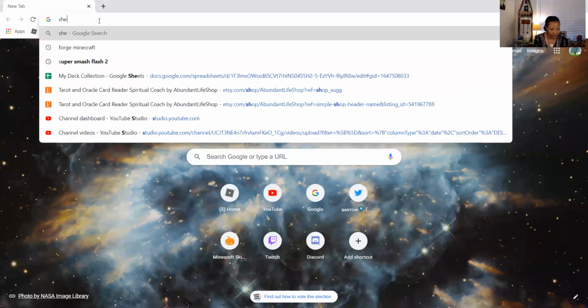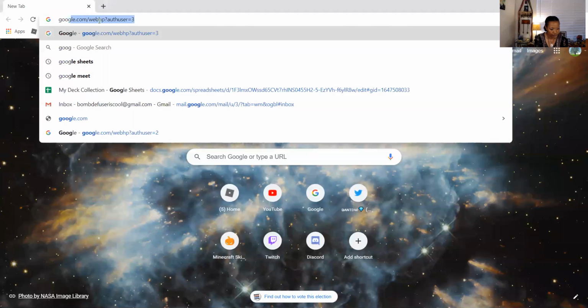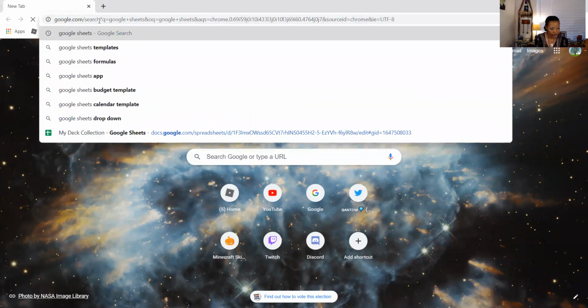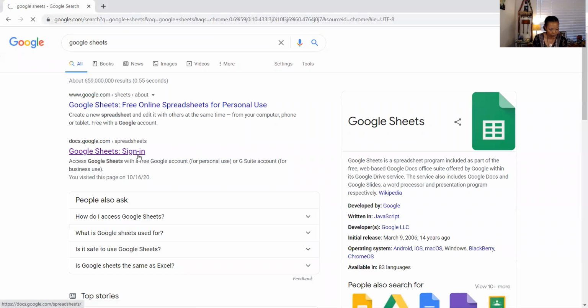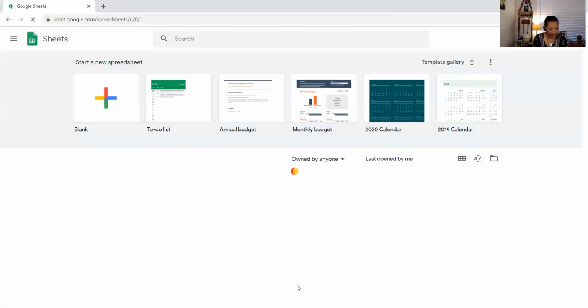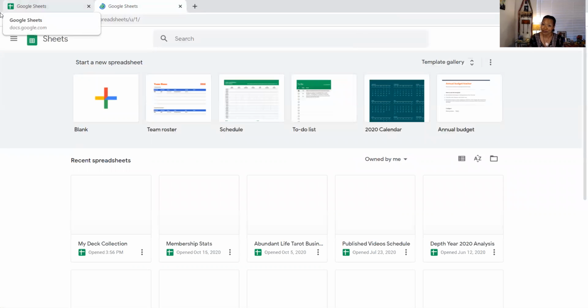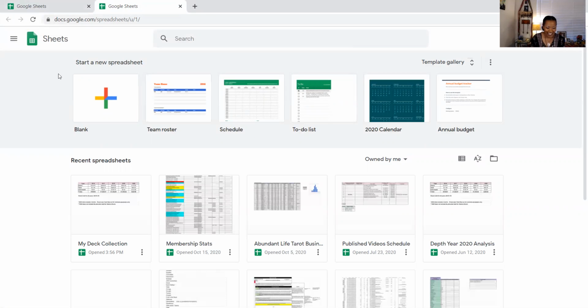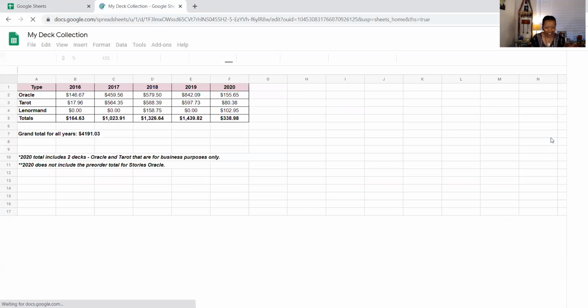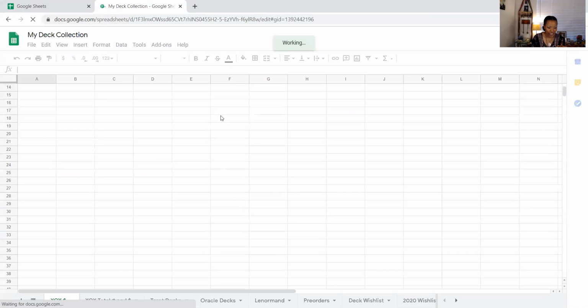I want to share with you my sheets. So this is what we did in the course today. Let's go to my deck collection. As you can see, I have many books. So I'll take you through this.